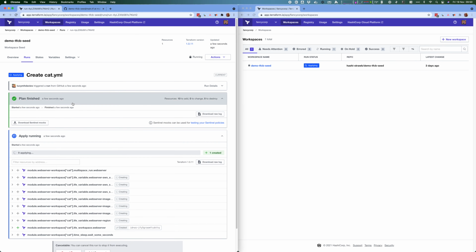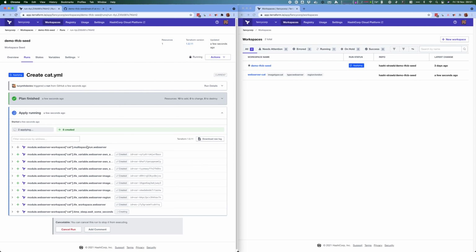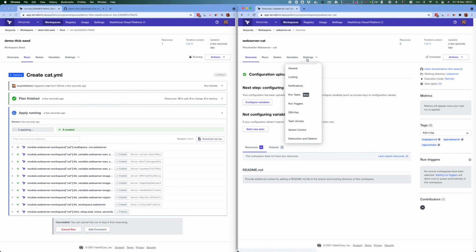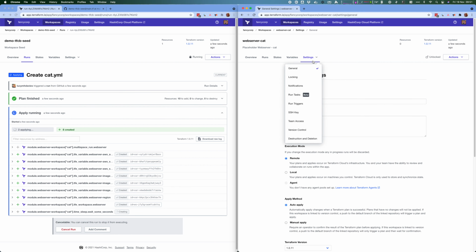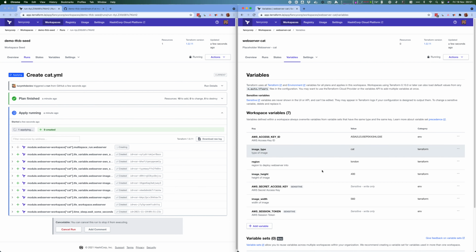But what it's creating is a new workspace, setting some variables on that workspace, and then it's kicking off a plan and apply on that workspace, which will then create that infrastructure. So if I have a look at this workspace now, it is configured. If I look at the version control, it is configured with that repository. It's in this directory of that repository. It's on that branch. It's got all of these variables,